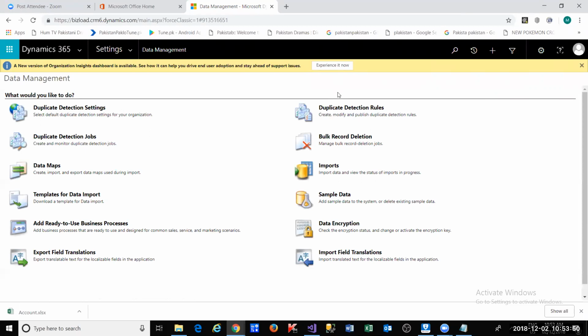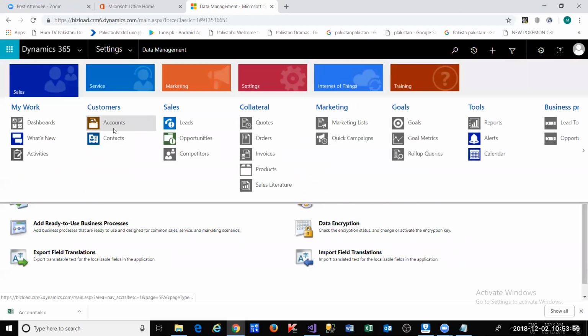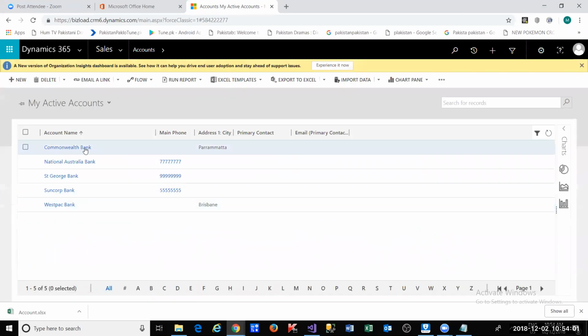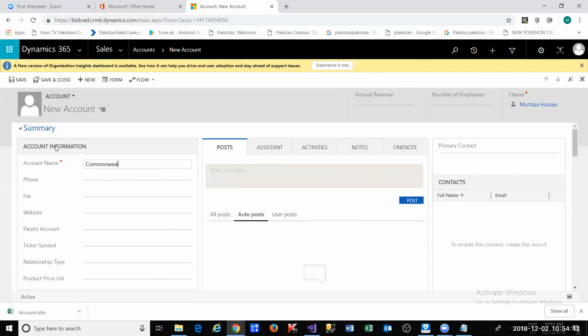Before I show you duplicate detection, I'll show you what I mean. If we go back to the accounts and we want to insert another account name called Commonwealth Bank, I'll type in Commonwealth Bank, and we'll just leave the other fields blank. This is the only mandatory one. If we click on save,